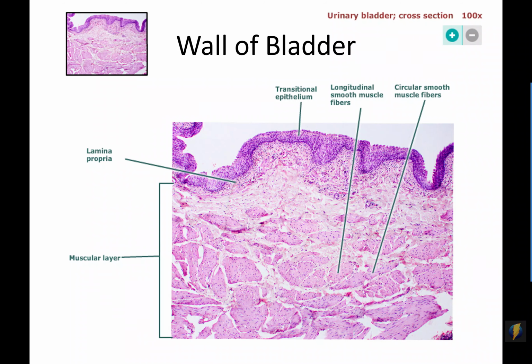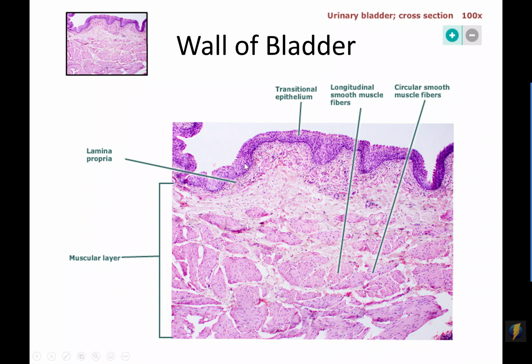If we look at the bladder, that's what comes next. You'll see a very similar setup to what we've seen with other organs. So there's a mucosal layer of transitional epithelia, again with some little underlying connective tissue in the lamina propria, and then actually 3 layers of muscle. So there's an inner longitudinal layer that goes the length of the bladder, there's a circular layer that wraps around the bladder, and then there's another longitudinal layer going with the length of the bladder again. The wall of the bladder is actually very, very